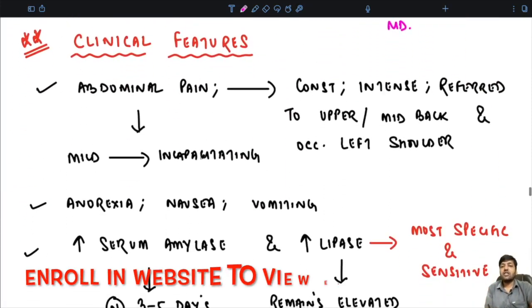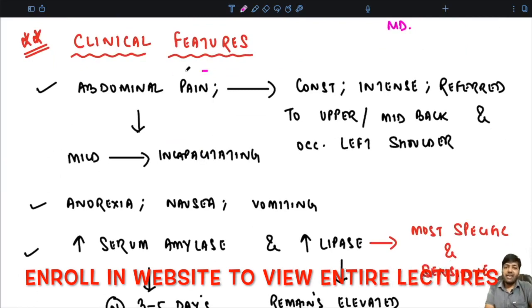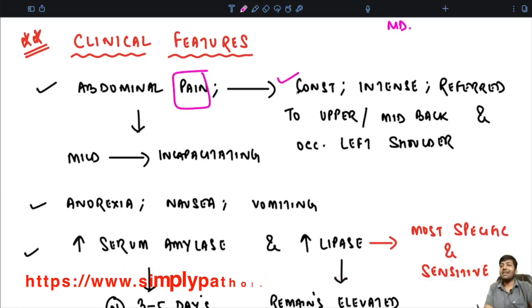Coming to the clinical features of acute pancreatitis, abdominal pain, very important, constant intense pain which